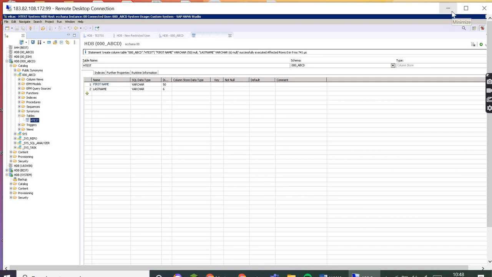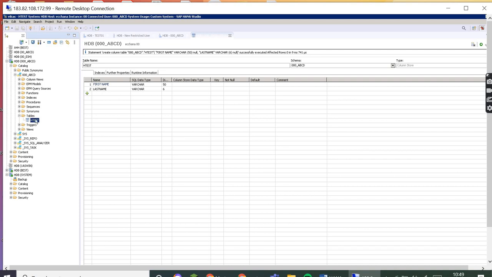That's why it is there inside this catalog, because it's runtime? No, not exactly. If we create an object with the help of design time and activate it, it is also saved here.